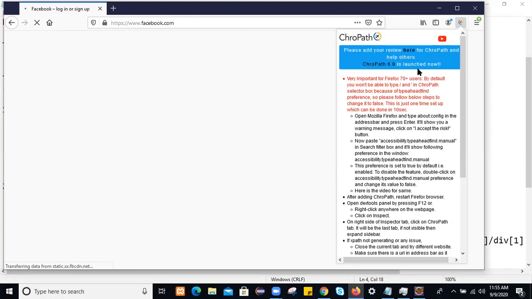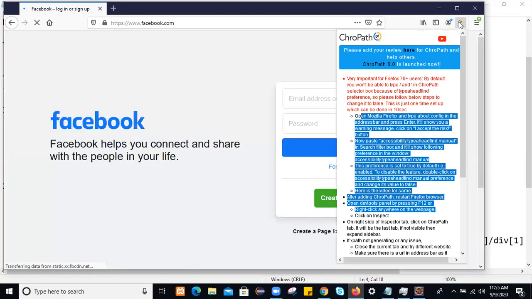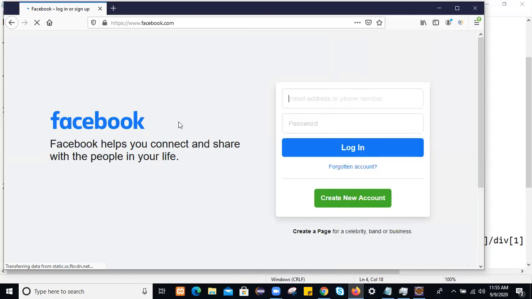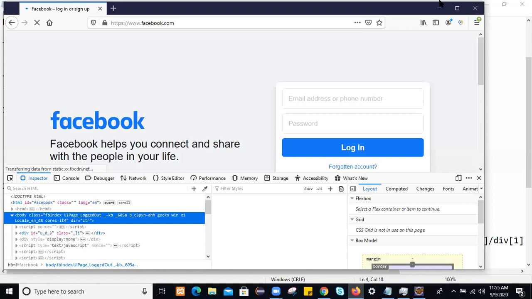Once you click on the ChroPath icon, you will get something like this, and some information is displayed. So let's see, I will hit F12. We click on F12 and we get this window.